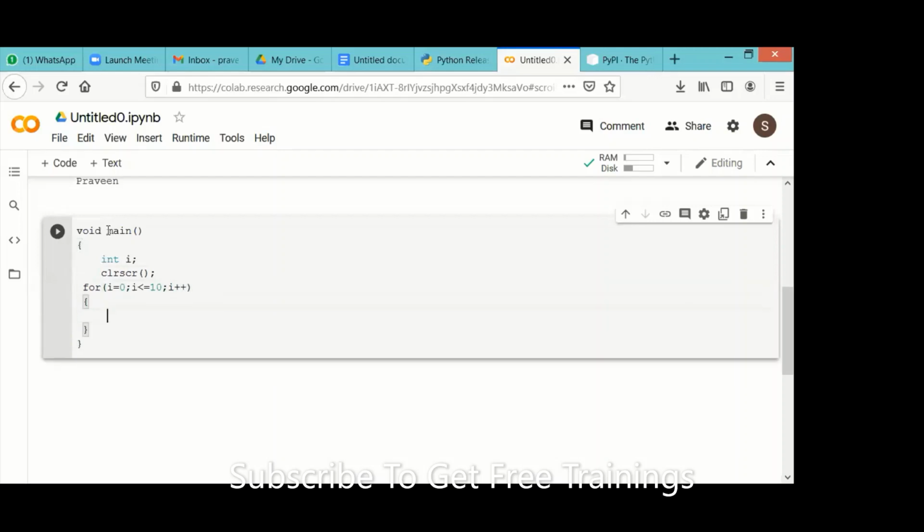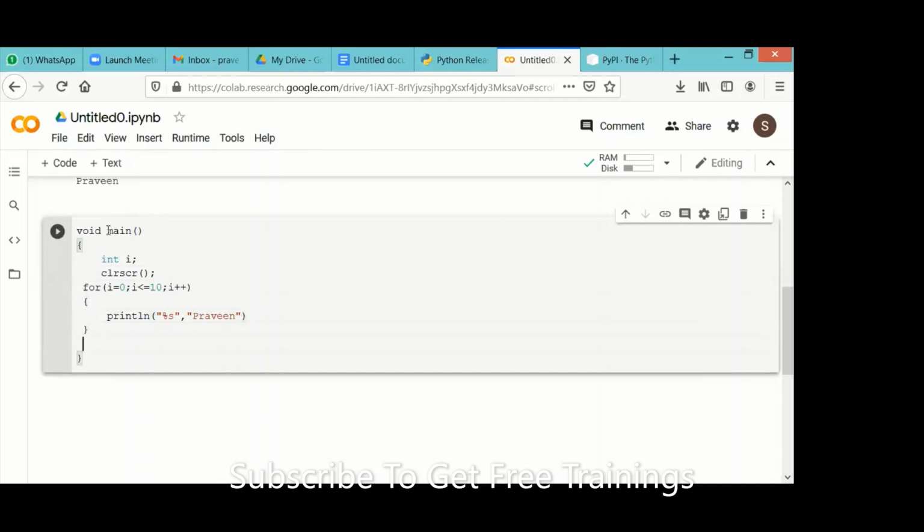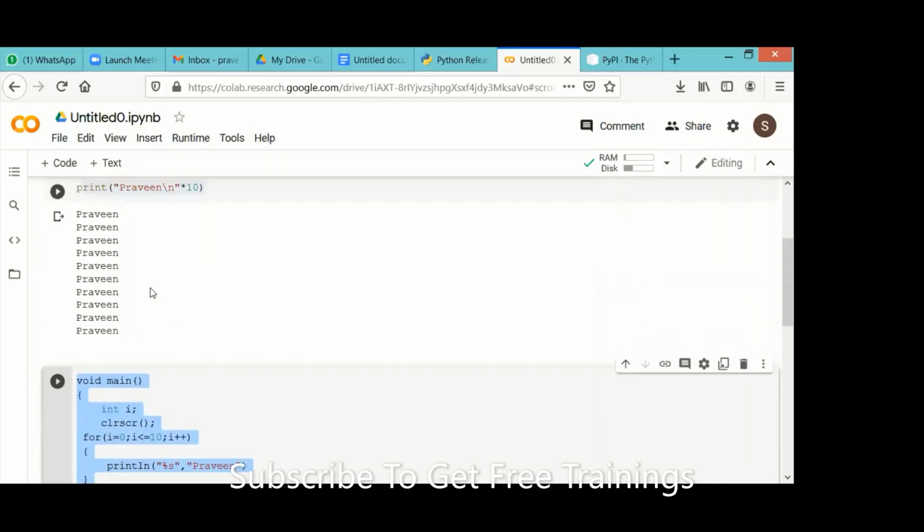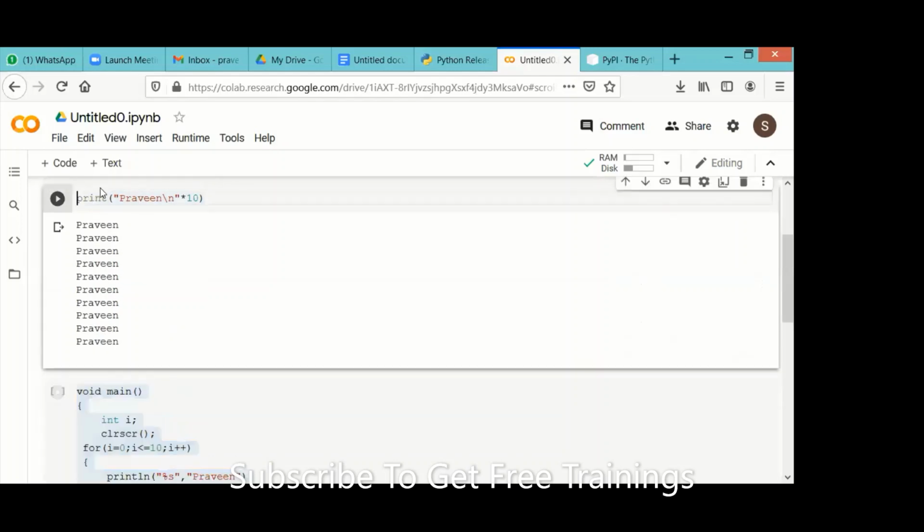Inside the for loop, write printf with a string, and after that I write my name. In the last, again one function, getch. To understand this program, will it take the same time? Obviously no. It's very simple. So this is what you write in Python.